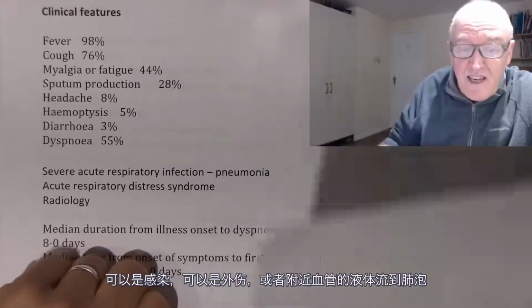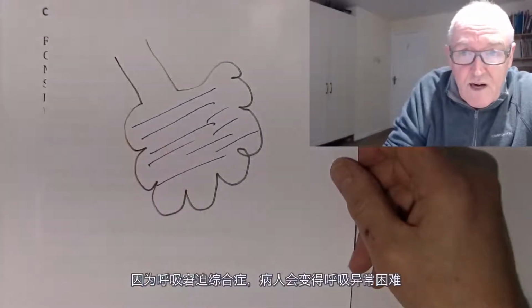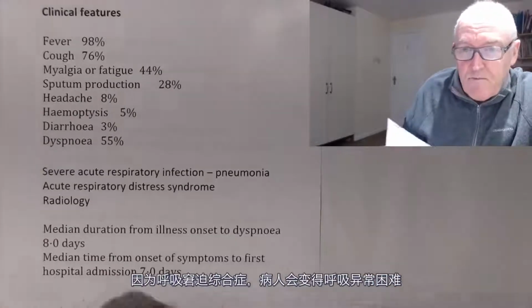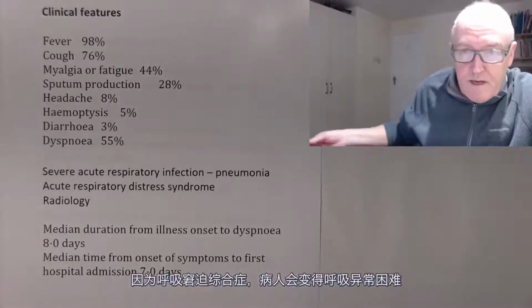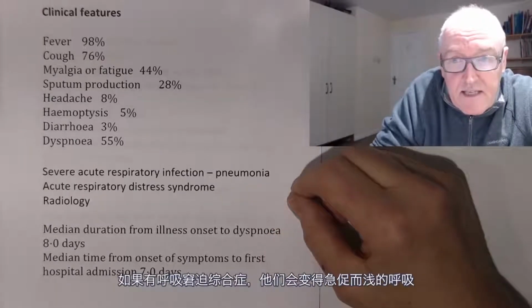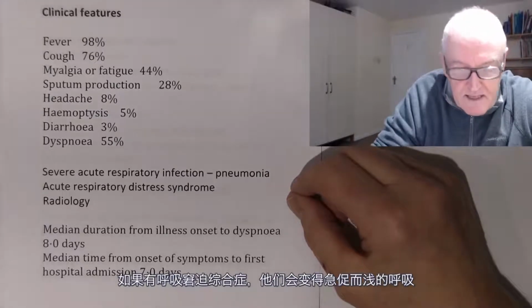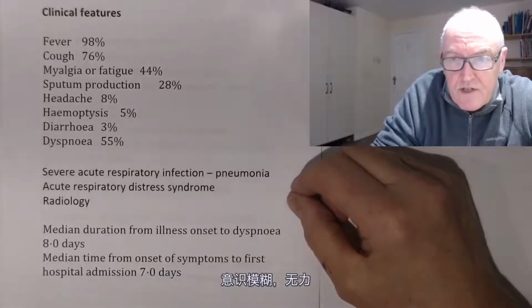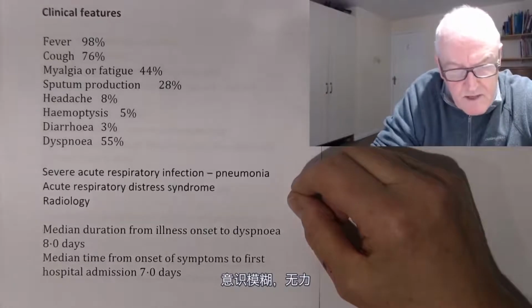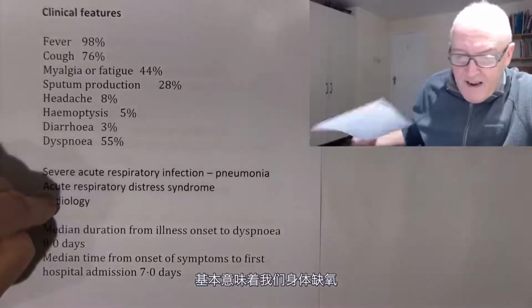So the net result really is much the same as pneumonia. You get fluid in the alveoli caused by acute respiratory distress syndrome. And the patient will become very short of breath if they've got ARDS, and rapid tachypnea, rapid shallow breathing, tiredness, drowsiness, confusion, and they can feel faint as well, because what it basically means is we're not getting the oxygen